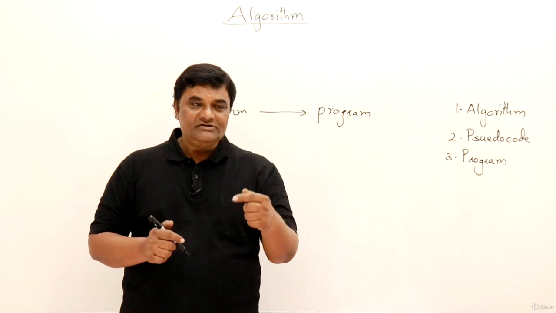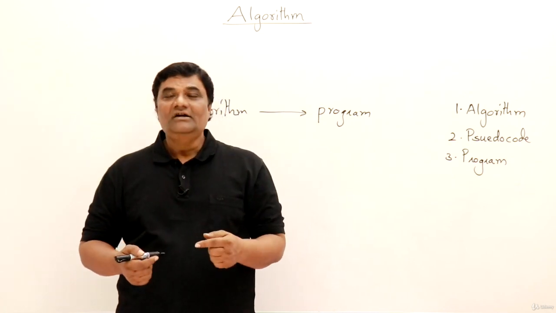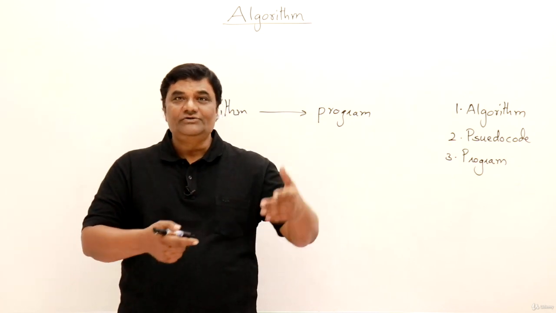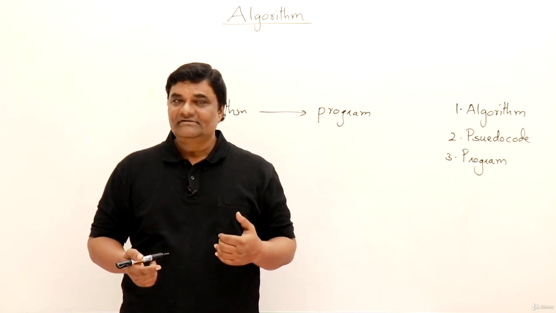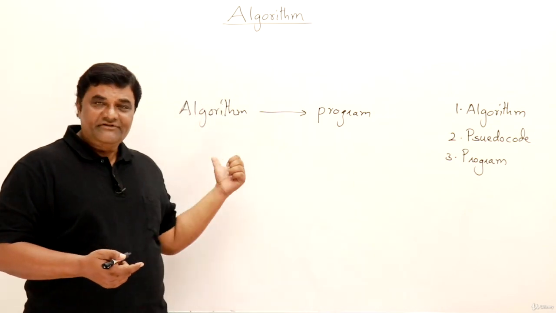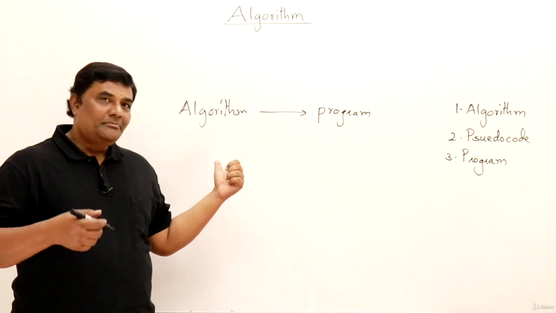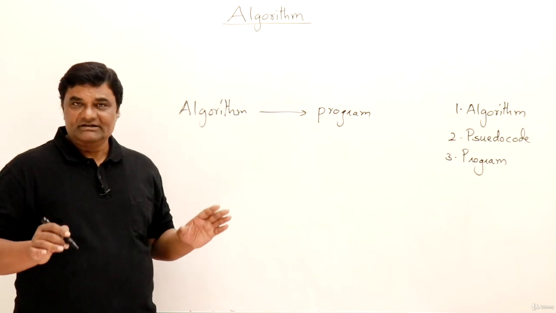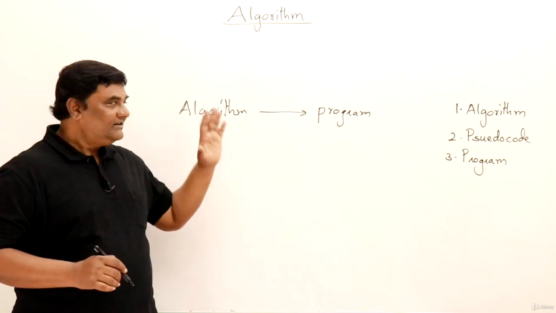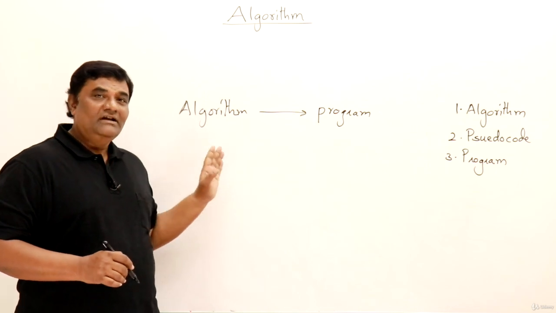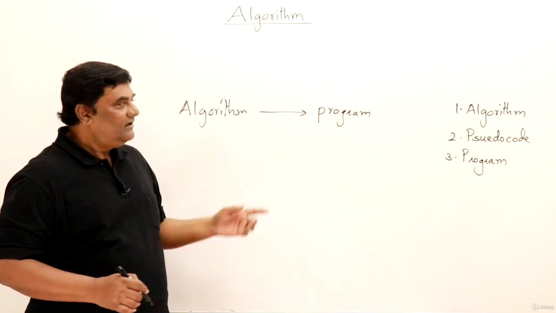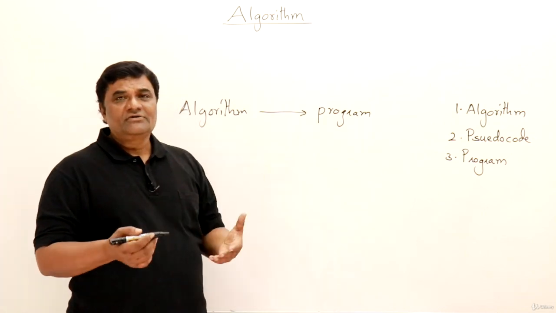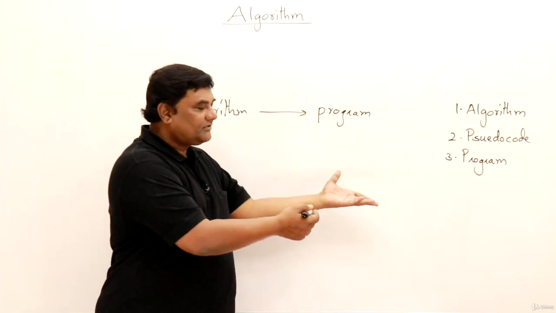If you are a musician, you will compose music. If you are a mathematician, you will write an algorithm, that is a procedure. So this requires different skills, mainly awareness of mathematics and awareness of problem solving. And if you have an algorithm, then we want our machine to perform that algorithm and get the result, so we write it in the form of a program. So converting an algorithm into a program.